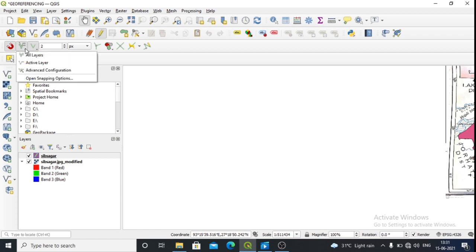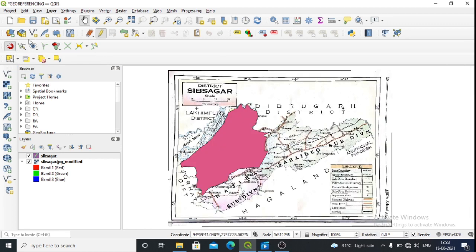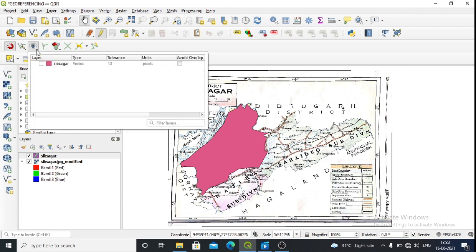Then again go over here, then go to advanced configuration, okay. This particular option appears, this eye, okay. So ki koriba, yate click koriba, click on it. Then you have to check certain change, you have to make certain changes over here. This one you make it click on this one first, okay.